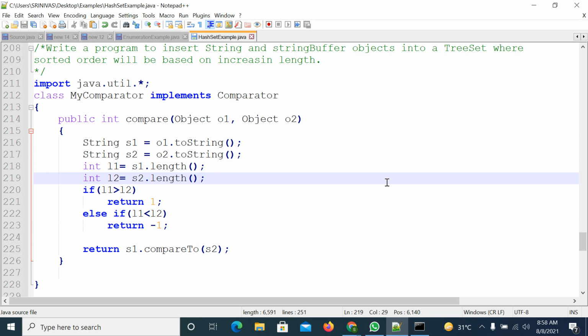Like employee details are there, like employee name, employee salary, and employee number. Suppose you want to sort the data based on employee number and employee salary, not one condition, both conditions. So how to sort the data based on both conditions, like employee roll number and employee salary. So we'll try that example. Maybe we'll take one more session in today's evening class. We'll try to see that example.